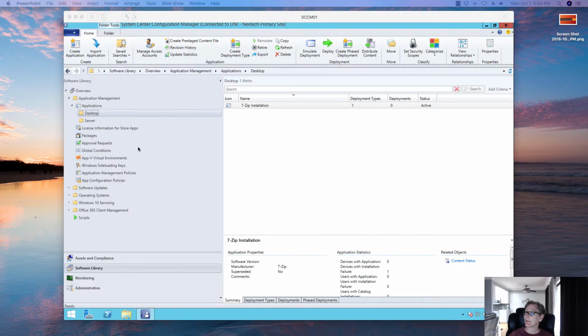Alright, so we're in the SCCM console. Now typically most companies will install the application catalog on a separate server, and there are some components that you need. There are IIS components that are required, as well as an application point that you need to install. But in my lab environment, I'm just going to install it on the primary site server. I wouldn't recommend doing that, but again, it's a small environment, so it shouldn't be too bad. So with that, the first thing I want to do is go look at the